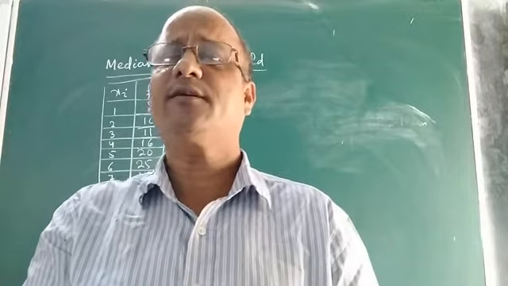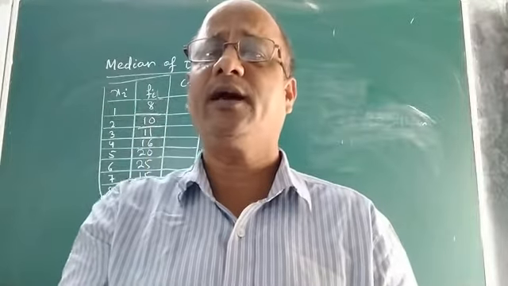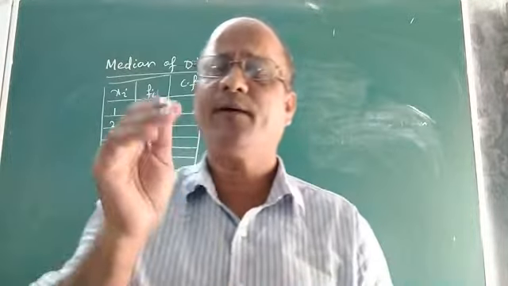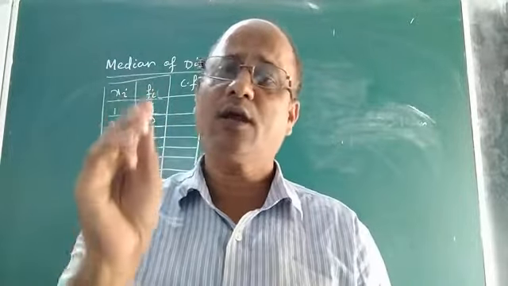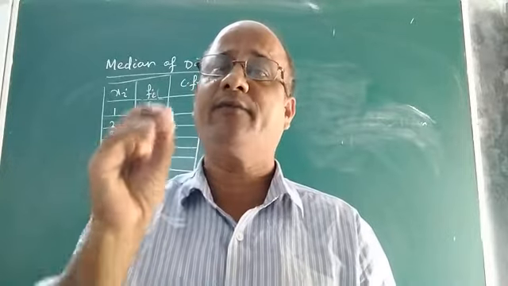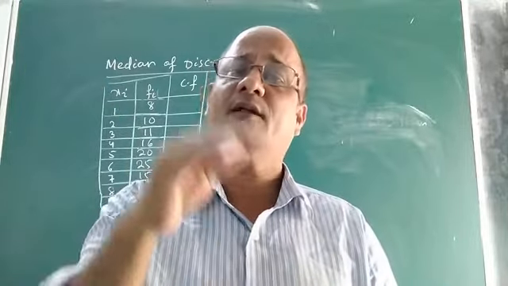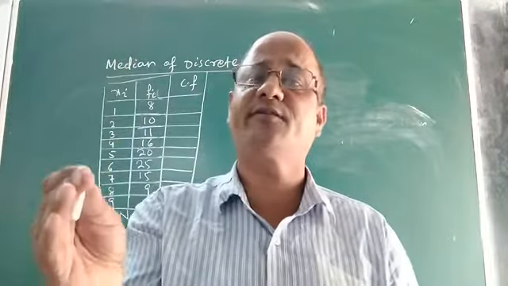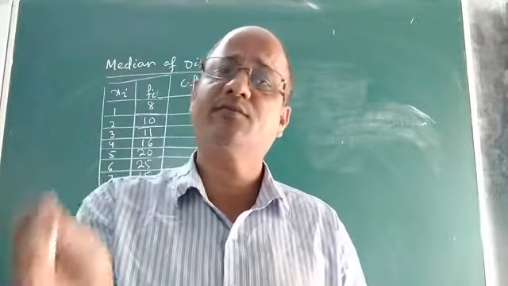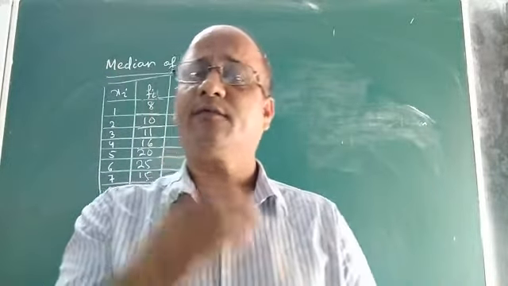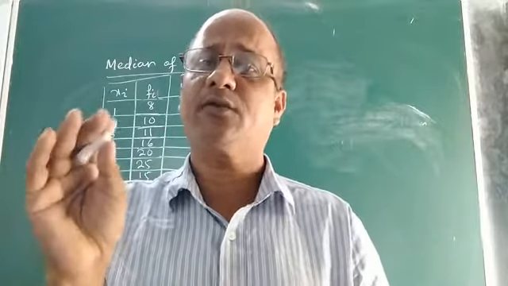So today let us discuss the next measure of central tendency, that is median. So what is median and how to calculate median? Children, in class 9 it was there, how to find the median of ungrouped frequency distribution or ungrouped data. You know what is median, how to calculate the median of ungrouped data when the number of observations in a distribution is even, and when the number of observations is odd. It was there in class 9 and I am sure you must have remembered and understood those things.